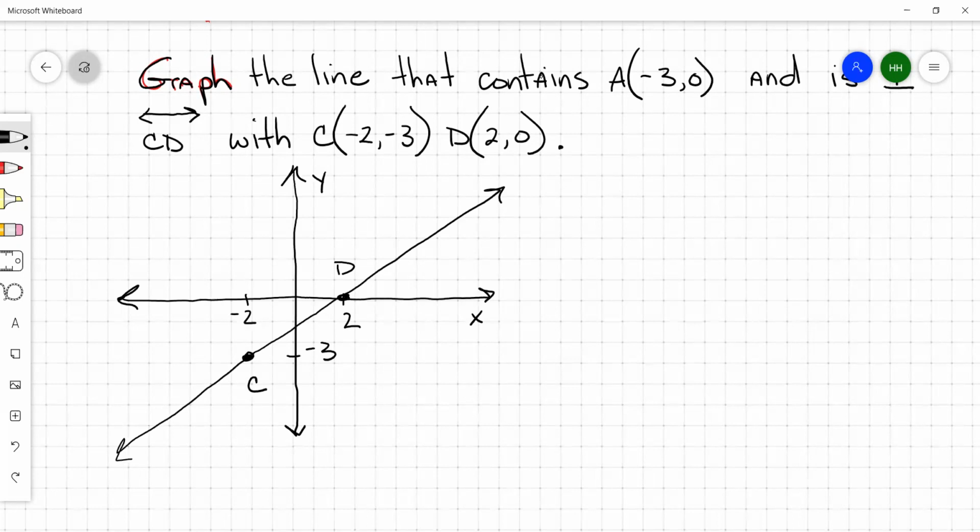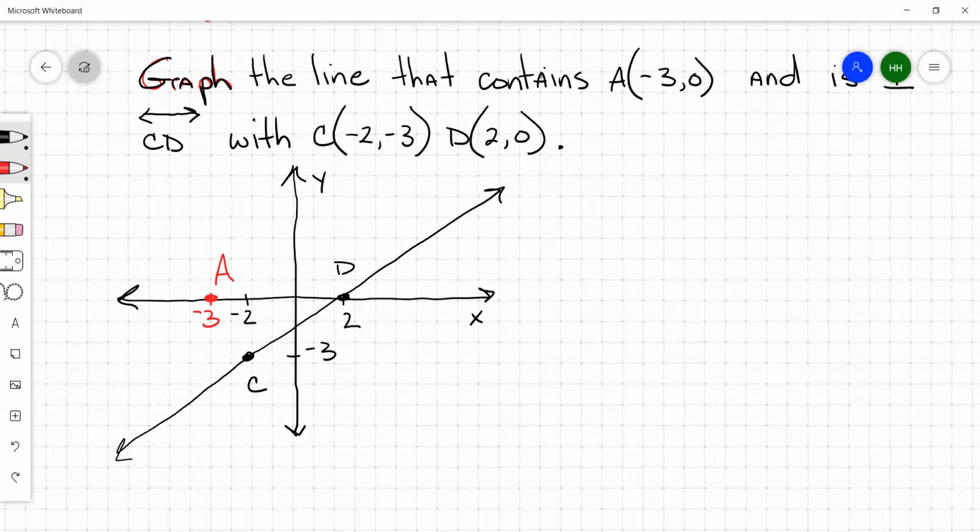That's your line CD. Does everybody agree with that? We're going to graph a line that contains A, which is at negative 3, 0. So let's go to negative 3, 0. Here's negative 3, 0. And isn't this point A? But what we got to do is determine the slope for line A, don't we? And doesn't the slope for line A, or the line that goes through A, have to be the negative reciprocal